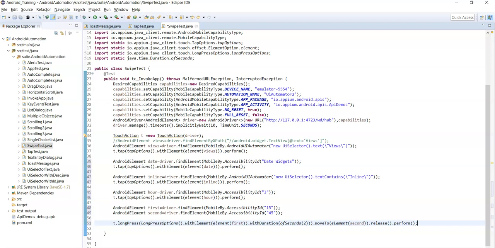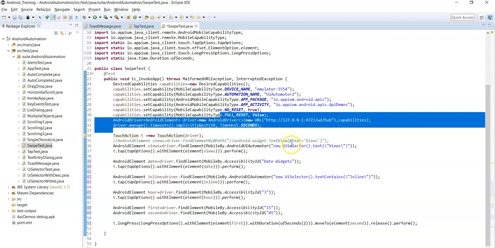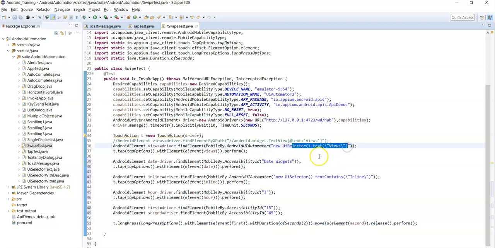Now let's see, first open the app, and then it will perform tap action on views, and then perform tap action on date widgets, and then tap on inline, and then tap on 3, and then long press on 15 and move to 45, that is swipe.